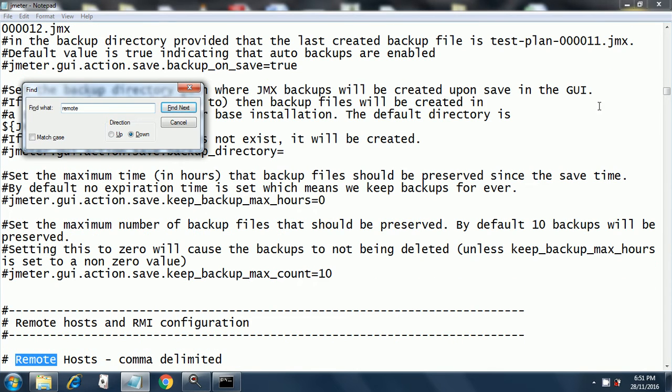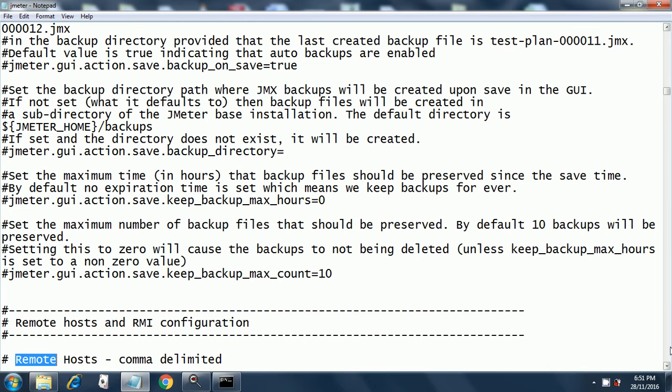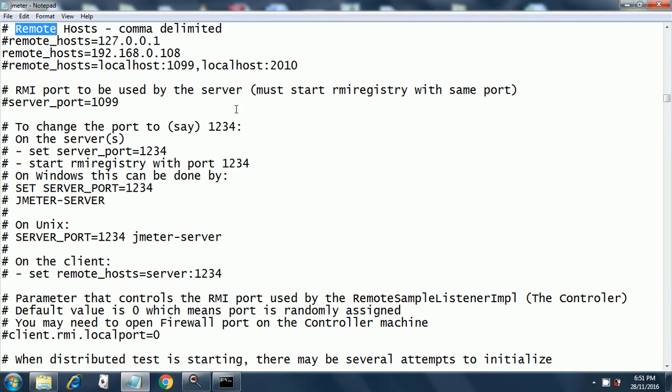You find it over here, remote, and then here you have a default entry remote_hosts equal to 127.0.0.1. You comment out that one and you add this entry. This is the IP address of my local machine, the machine on which you are seeing this.